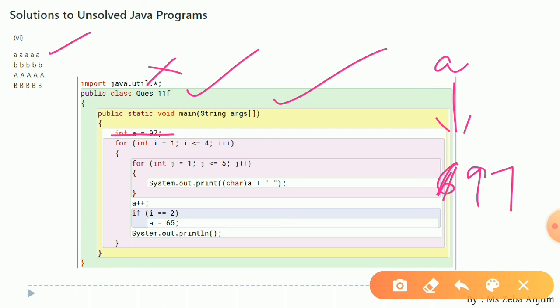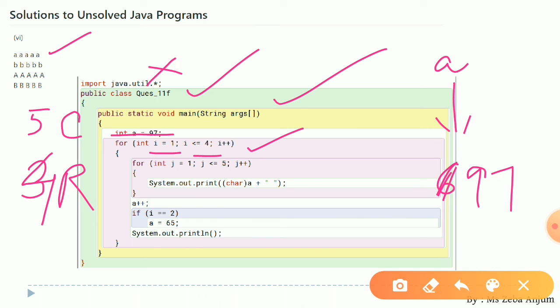Now see, we were having 5 columns and 4 rows. So we are going to run from 1 till 4 because the first loop is for your rows, the second loop is for your columns. So the first loop we are running from 1 till 4 and the second loop we are running from 1 till 5.